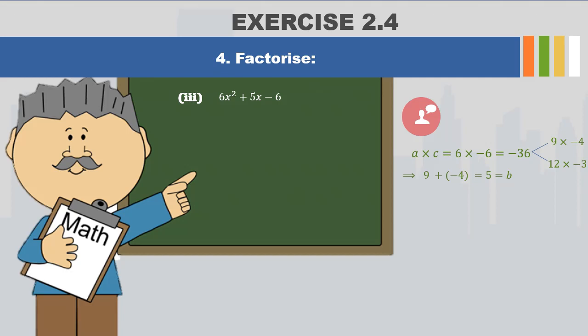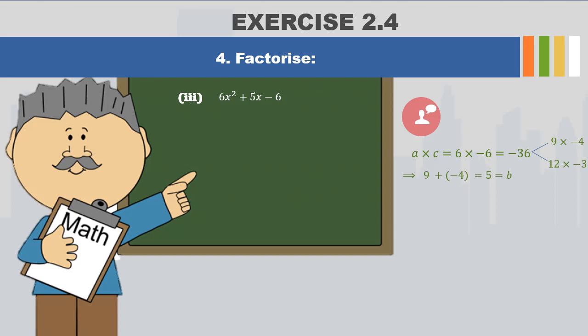हाउ टू बी डिसाइड कि +9 विल बी मोर देन या -9 विल बी मोर देन, हाउ टू बी डिसाइड आउट. तो इन दैट केस हम चेक करते हैं कि x का कॉफिशिएंट कितना है. कॉफिशिएंट हमको प्लस दे रखा है, +5 गिवन है, मतलब आपको साइन से बेसिकली कन्फर्मेशन करना होता है. तो +5 गिवन है, तो हम इन दोनों से जो बिगर फैक्टर है उसको प्लस लेंगे. तो मैंने 9 को लिया पॉजिटिव और 4 को लिया नेगेटिव.